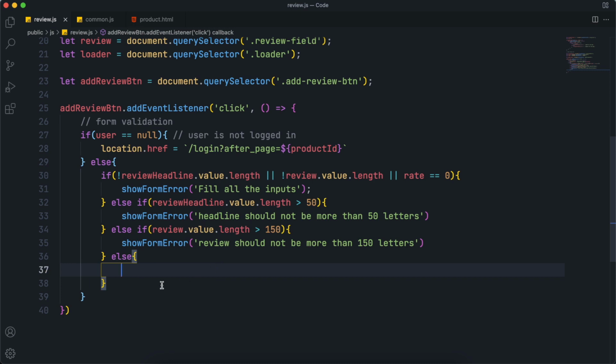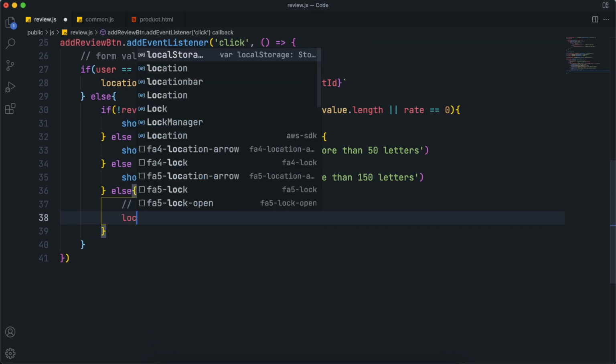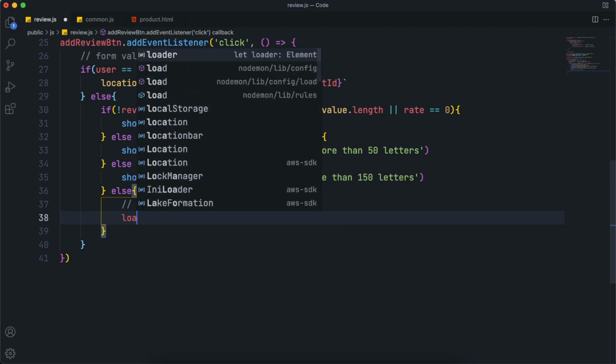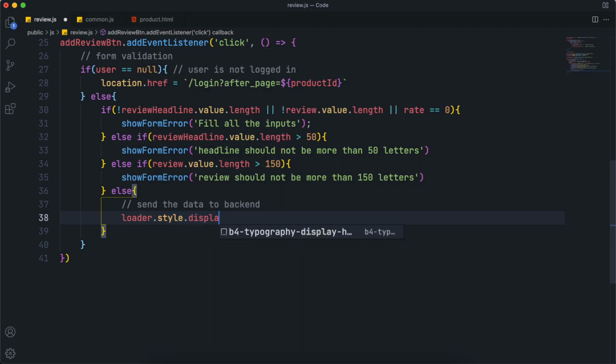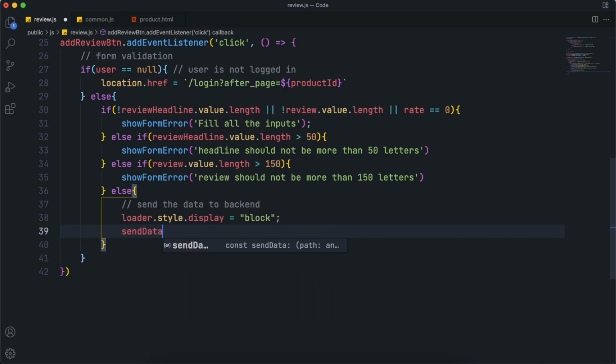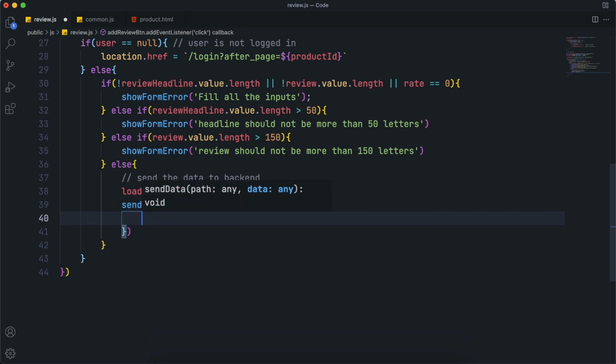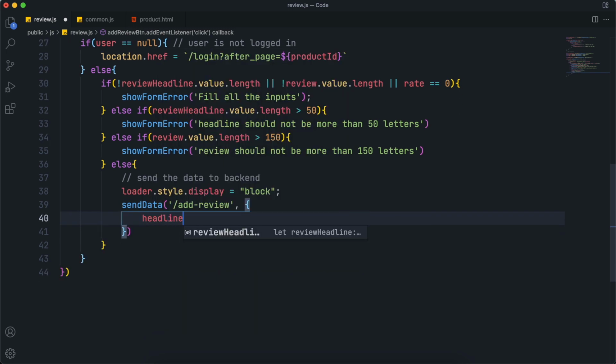Once you are done with the conditions, add an else block where we will send the data to our backend. So first of all, show the loader element. So set loader.style.display equals to block. This will show the loader element, and then call the sendData function and set its route to add-review and pass the data here, which is headline,